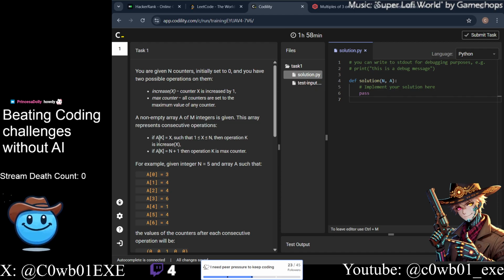So, if we have our array and A[k] is equal to n plus 1, then the operation k is max counter. Initially,